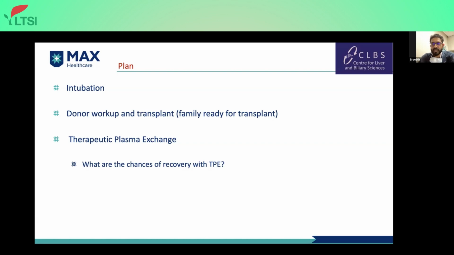So the child was intubated, and as we have discussed, whenever an ALF patient comes to us, we counsel the family with regard to liver transplant, because we cannot say when the patient would deteriorate. We keep the donor and all the workup ready, and if they are willing, when the patient deteriorates, we proceed to transplant. So I would like to ask about the therapeutic